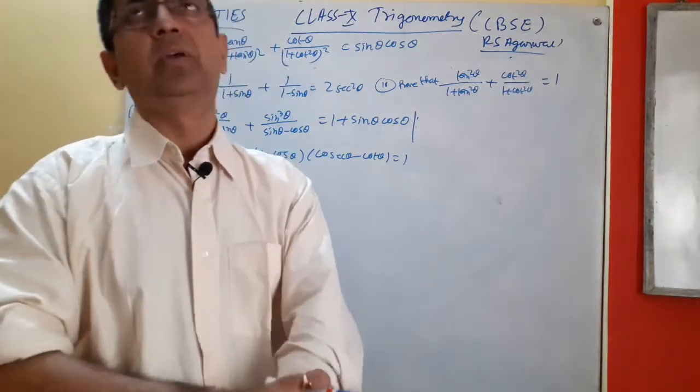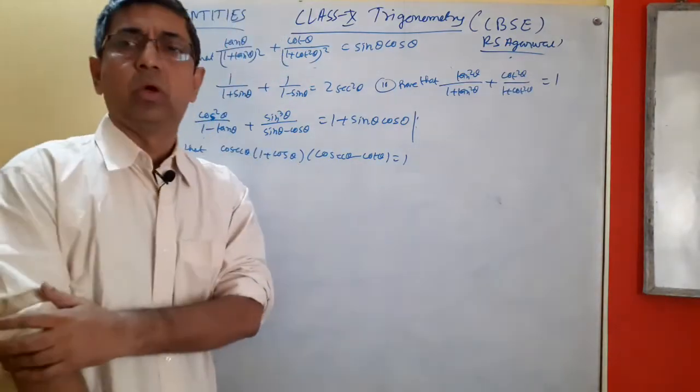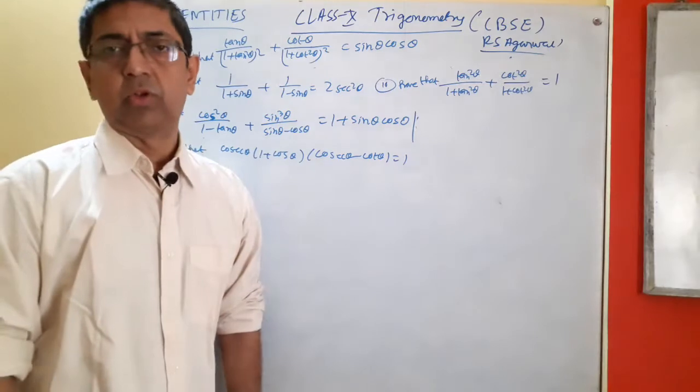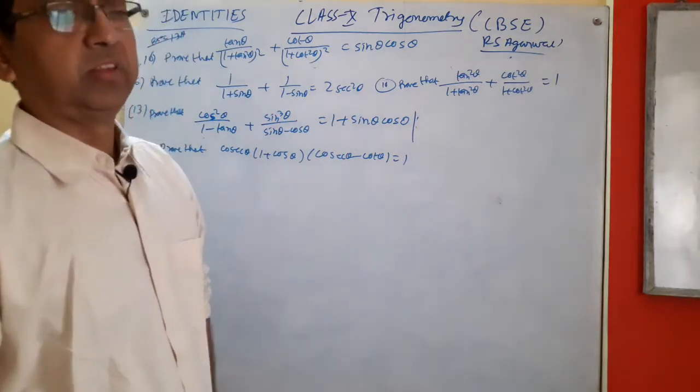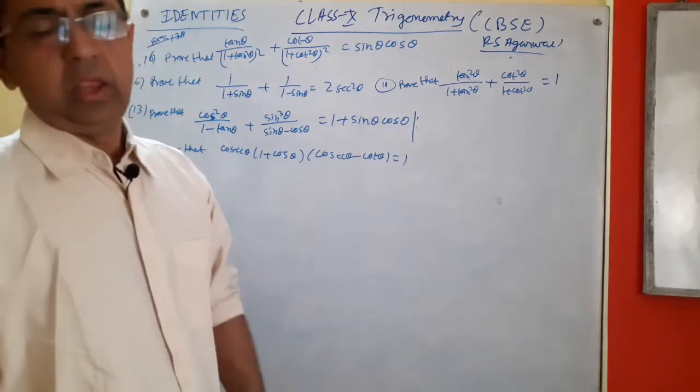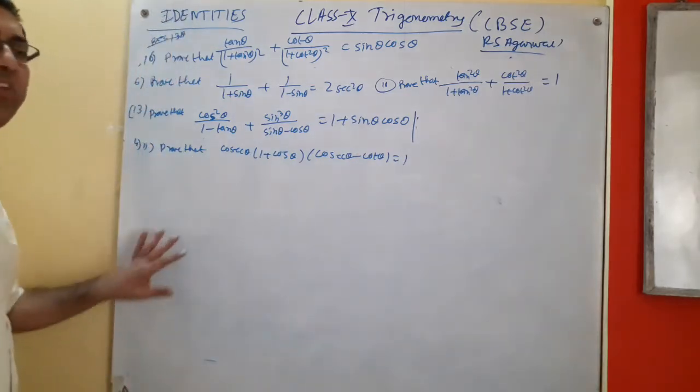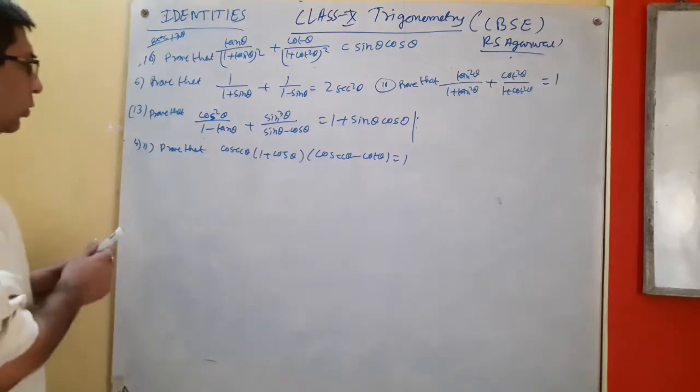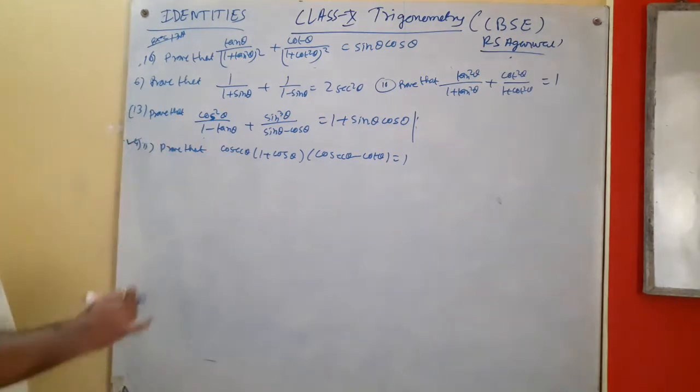There are so many formulas like sin square theta plus cos square theta is 1, sec square theta minus tan square theta is 1, cosec square theta minus cot square theta is 1, and its application. You should know all these things. Otherwise, it's very difficult to do. Okay, start with this one. Prove that